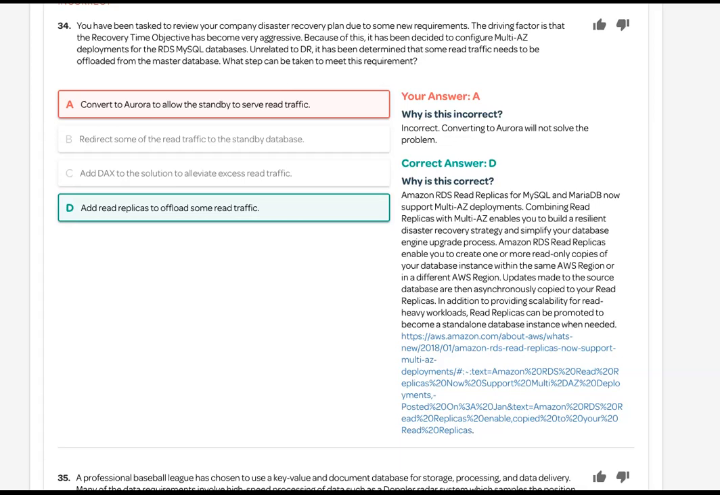Add read replica to offload some read traffic. Because it was disaster recovery, that is why we picked Aurora. But then